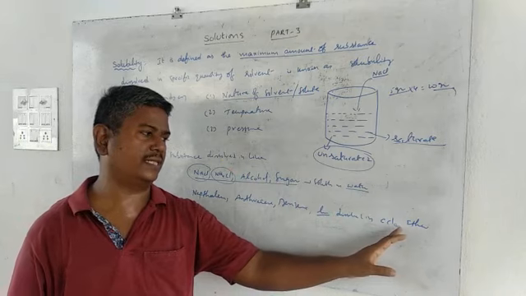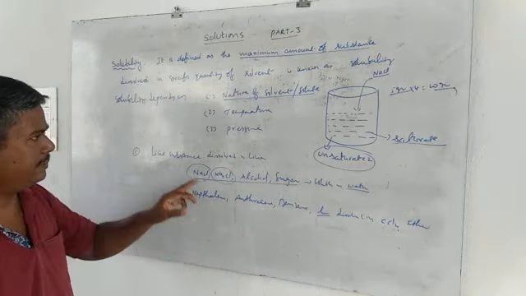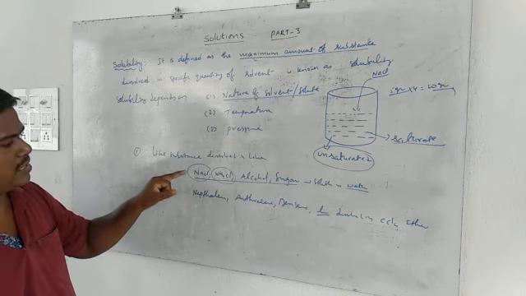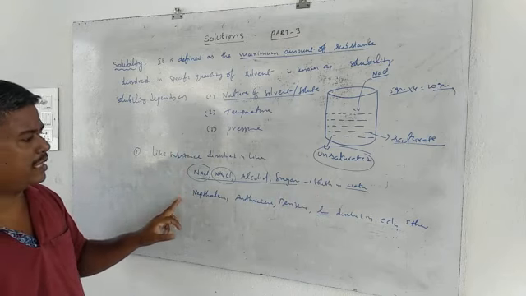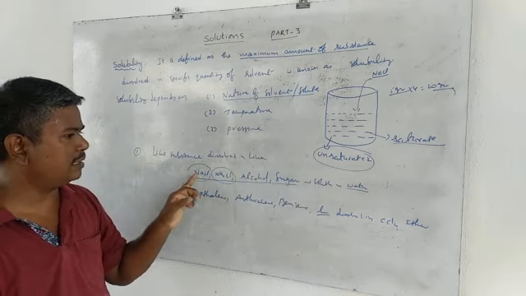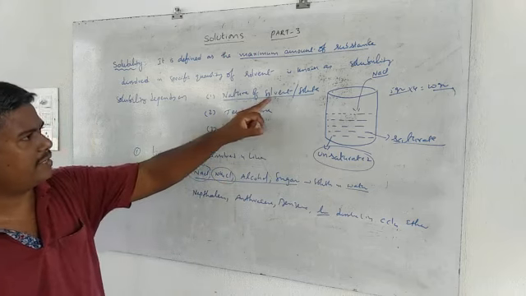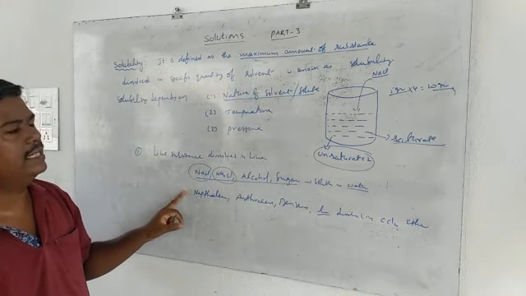Non-polar solvents like ether, carbon tetrachloride, like this. So that's why solubility depends upon which one? Nature of solute as well as nature of solvent. That means naphthalene is not soluble in water, whereas NaCl is not soluble in carbon tetrachloride. So it depends upon both the solvent as well as the solute.